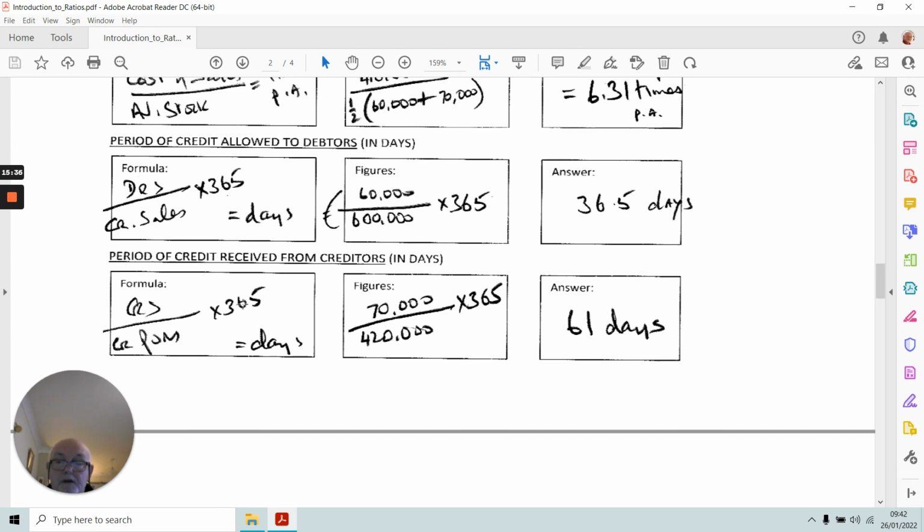So there you have it. You have 9 basic accounting ratios that can be used in the Leaving Cert or O levels, or in any introductory